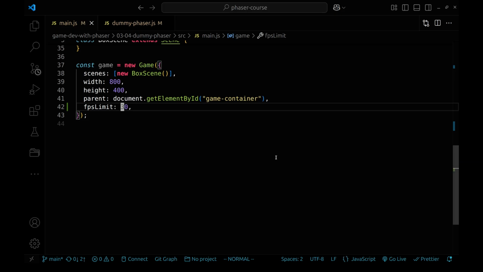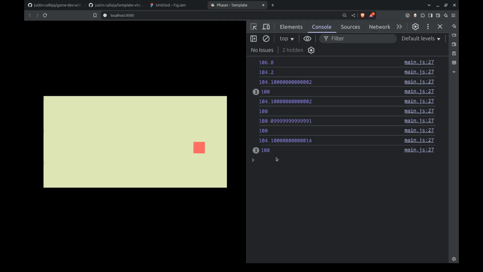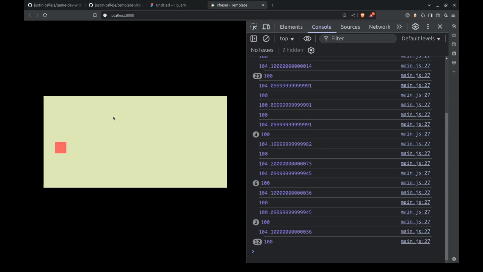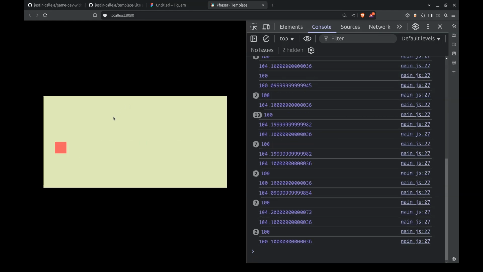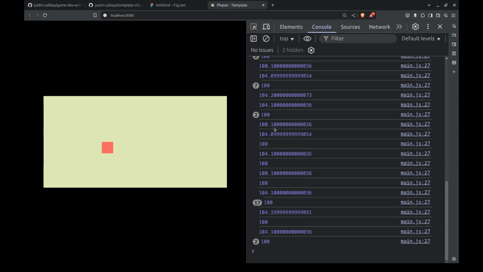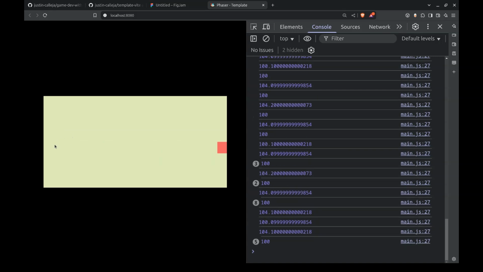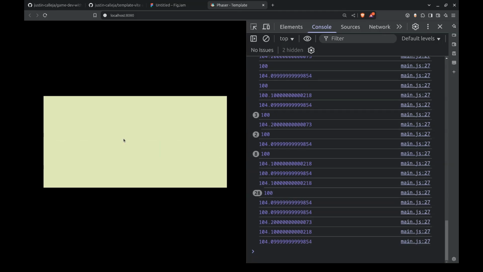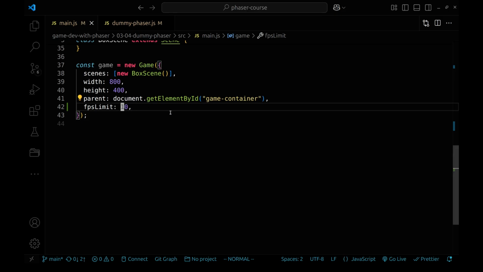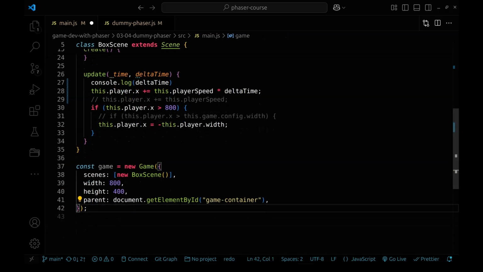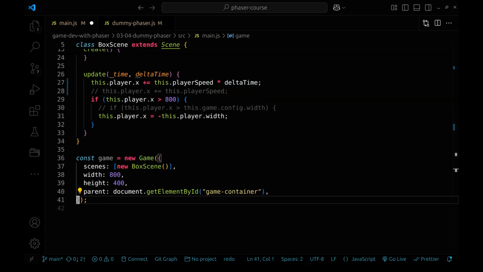But even if I were to change this to 10, sure, the box is jumping around, so we lost the smoothness because the machine can't keep up. Basically, we have a really slow machine here, and the delta time, as you can see, is 100. But still, we have made the gameplay consistent, kind of. We have made it such that the box is moving at the same speed irrespective of this frames per second limit, right? Because we're using the delta time. So to wrap things up, let's just go back to the default frames per second limit, remove the console log,